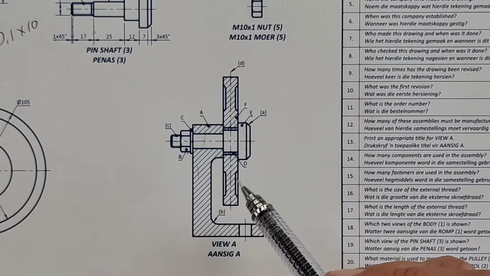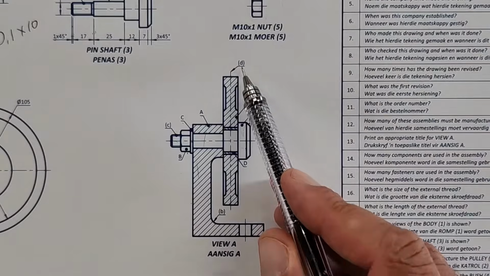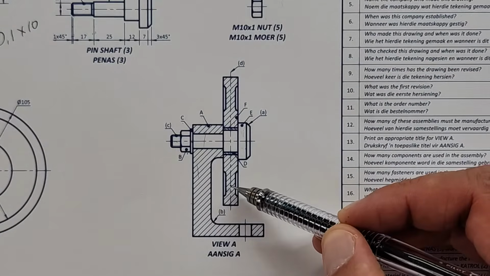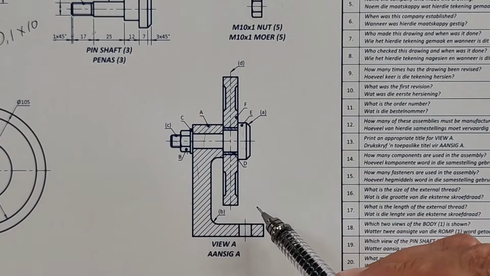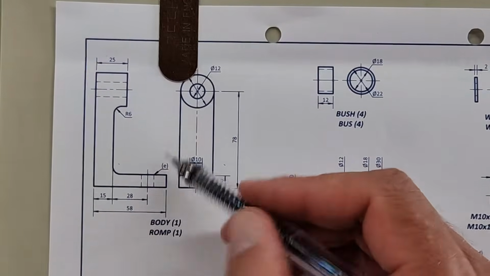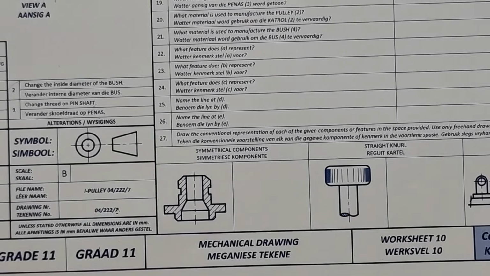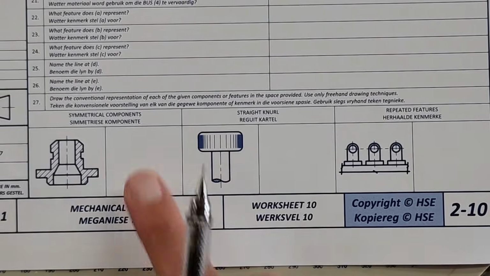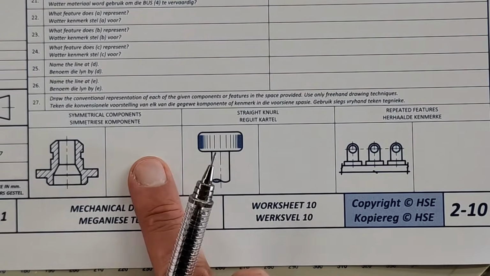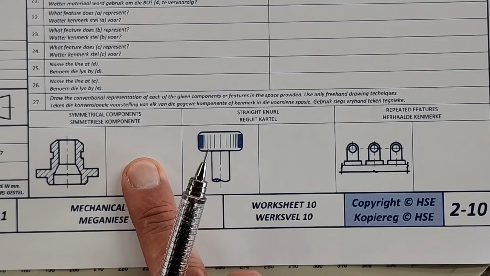And then we have a D, a center line running all the way through. Where's our small letter D? There we go. Center line going all the way through. And hidden detail is our E. Where's that one? Oh, there it is up there. There's hidden detail. Okay. And then the last part is they want us to, using freehand technique, draw the conventional representation,